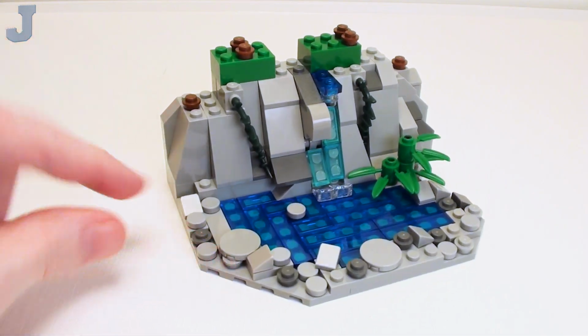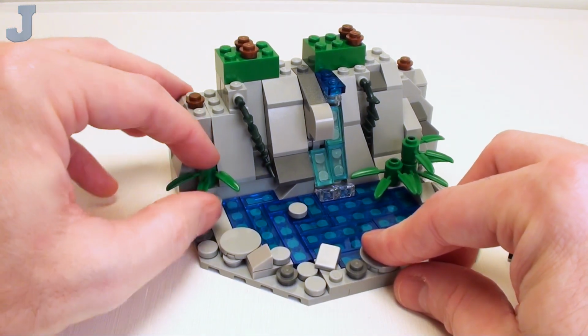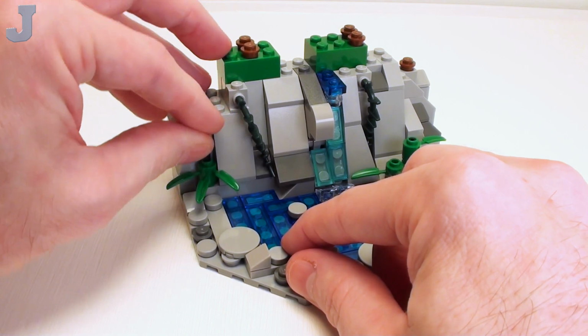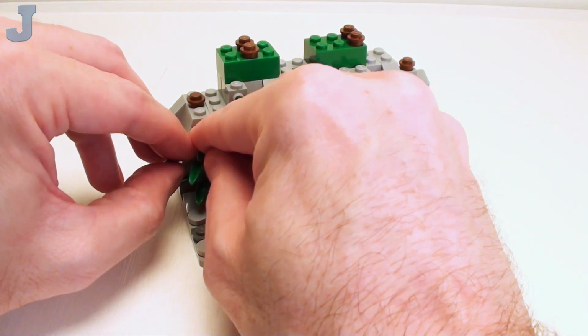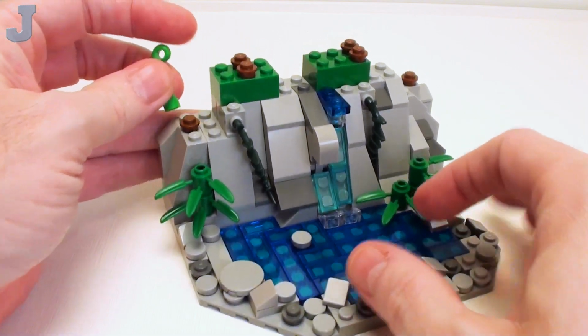And I'm going to put another one right in this area. So I'm going to start with another bamboo leaf piece. Set that right there. And another one of these 2 stud long stick with flange. Just set that down in there. And another bamboo piece. Now we're going to take one of these little vine pieces and we're going to set this right